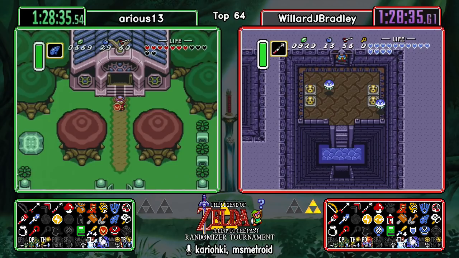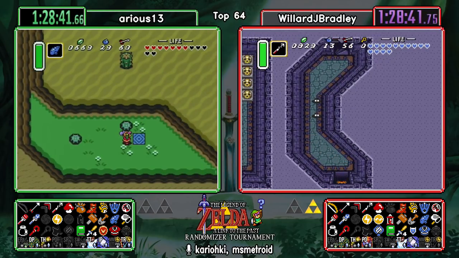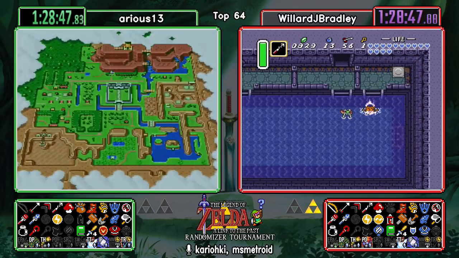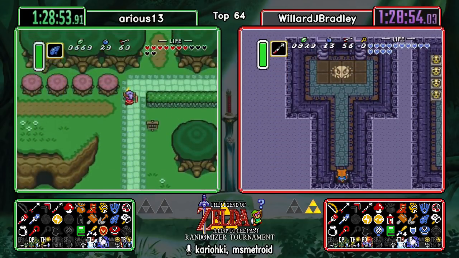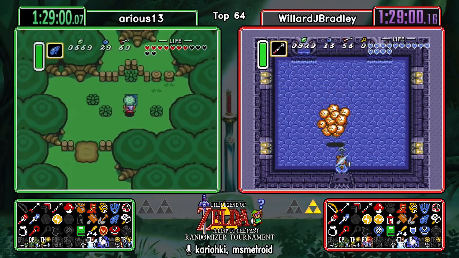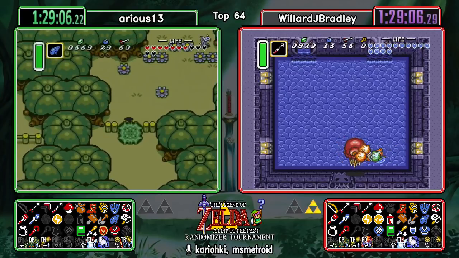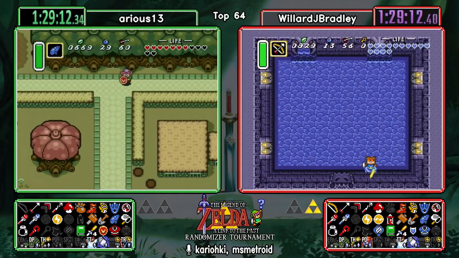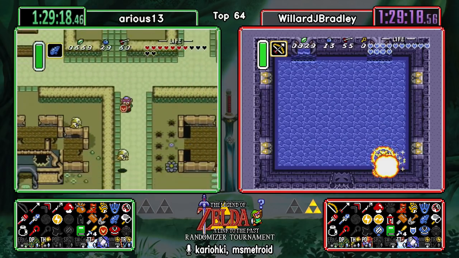Well, he's heading towards Kakariko, hopefully. Nope. He was thinking about it. Was thinking about finishing Meyer, I suppose, but changed his mind and heading Dark World Kakariko. Wonder what's in his mind. Purple chest? I know Willard did purple chest, but...